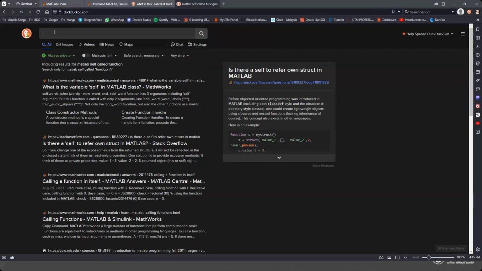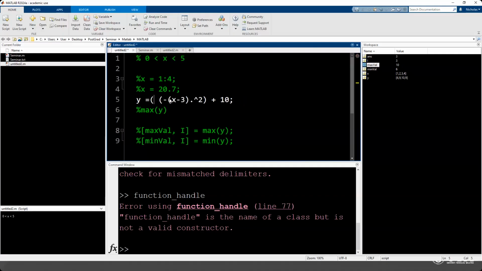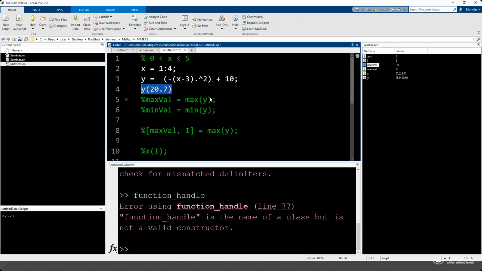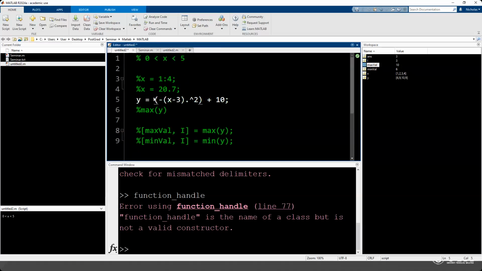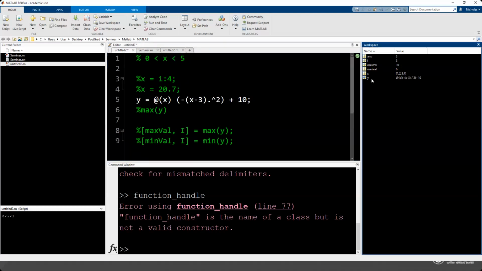Yeah. So you also can change it. I think it's like this. I forgot how to call it earlier already. I think it's like, okay, it's like this. It's at sign, at sign on the value of x like this. Okay, there you go. So if you call it like this, instead of y becoming an array,